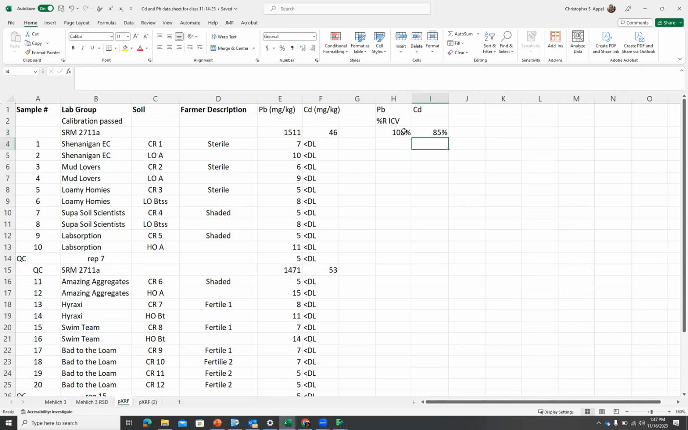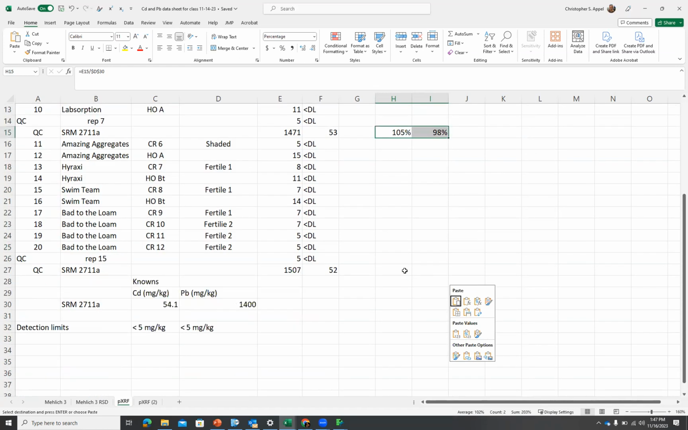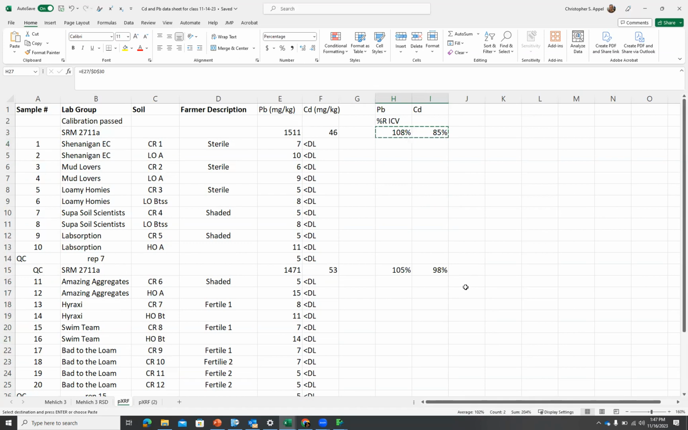And what I'm going to do is take these formulas, copy them, and paste them down to the next place where I have SRM 2711A. So I'll just paste them there, do it at the very end, paste them there. Okay, so the first one is percent ICV recovery, and the second ones are just recoveries of standard reference material,